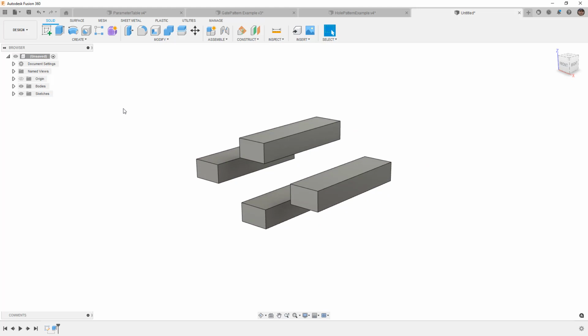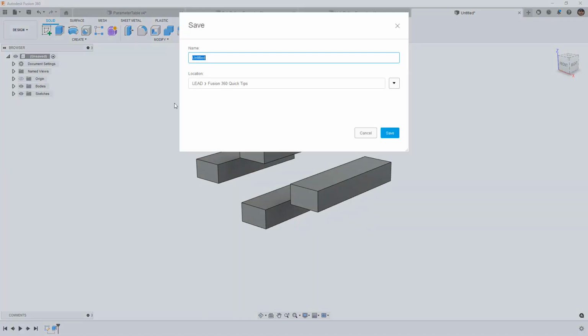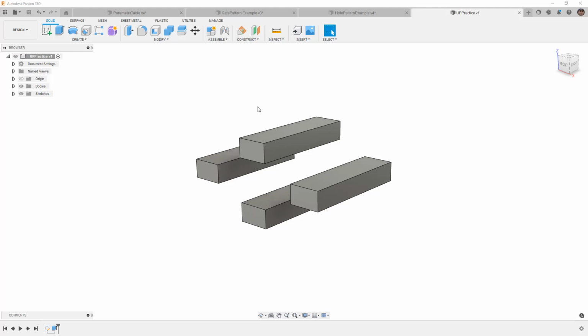This is a good time for us to do a quick save to make sure we don't lose any work. For me, I'm going to go ahead and call this UP for user parameter, and I'm going to call it practice. So that obviously is a very simple single example, but the theory behind it should apply to any of your designs. Depending on how complex your sketch is, you might have to spend a little bit more time thinking